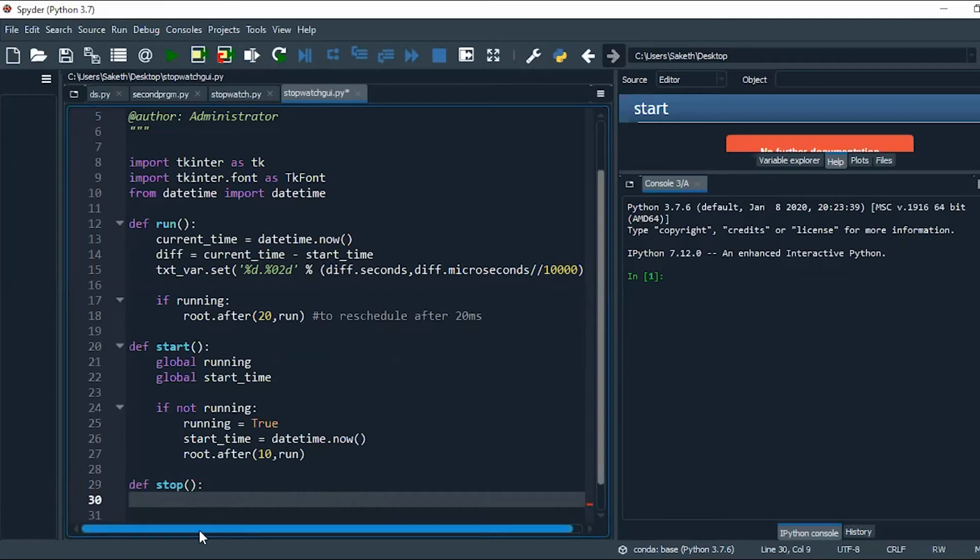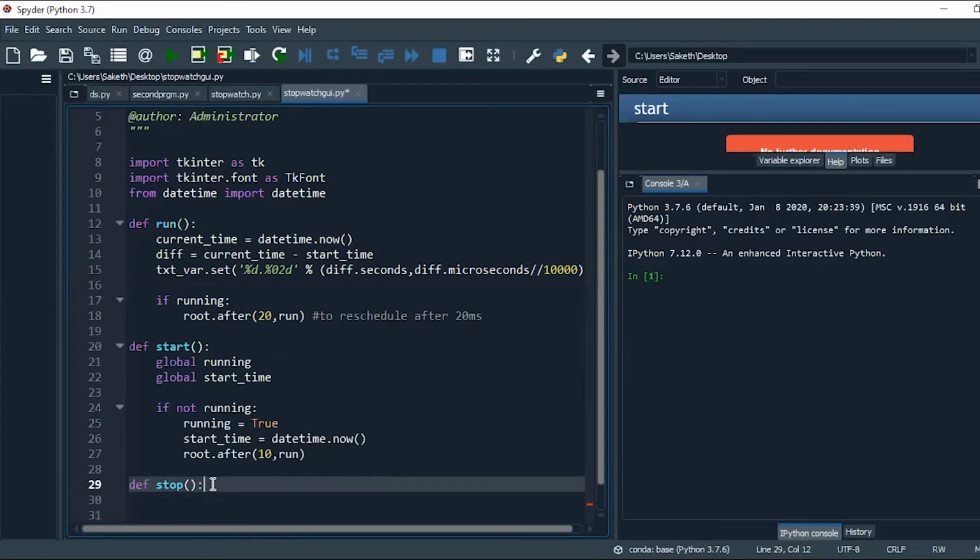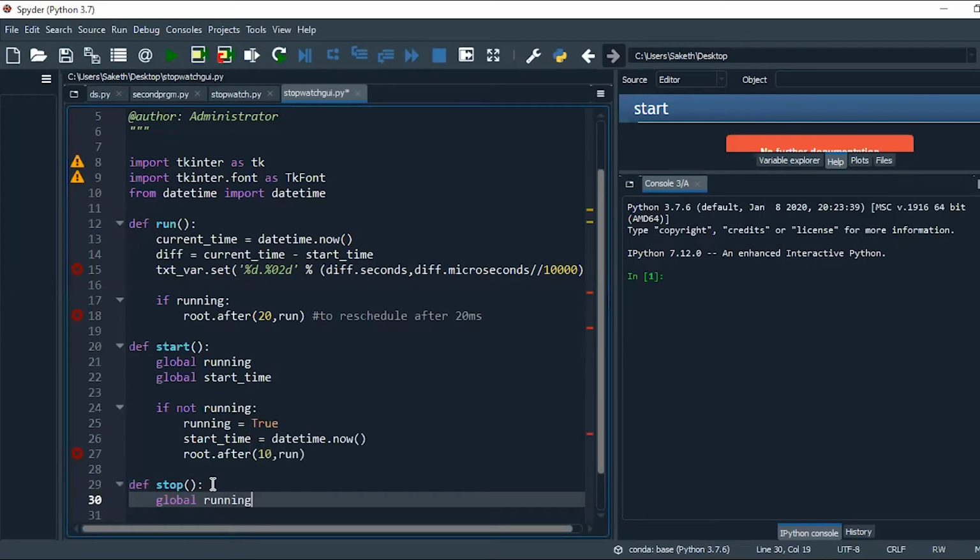Yep. So just don't worry about the warnings over there. Let's go for it. In the stop method, you make your variable global again, because you're defining a different function. You define it individually, global running. And if running is equal to,